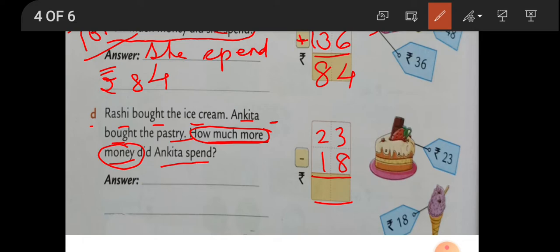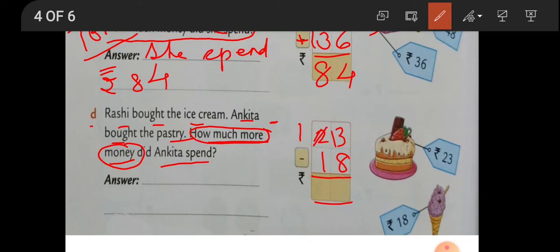Now 23. Now can you subtract 3 minus 8, beta? No. 3 fingers up karo. Okay. Now put 8 fingers down. Can you do it? No, na. Why? Because 3 is small. So what we have to do? Knock, knock, knock. Kaun aaya hai? 2 will become 1. We'll give 1 to 3. 3 becomes 13. Okay?